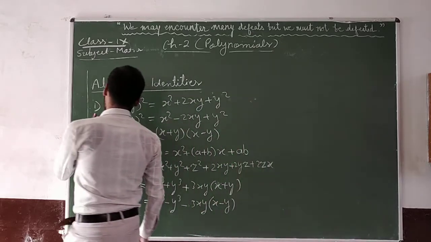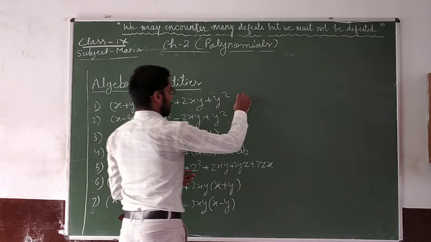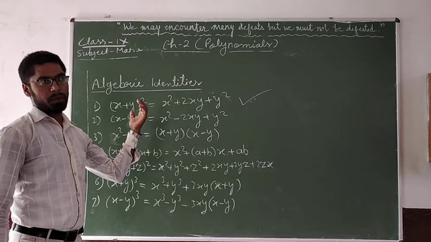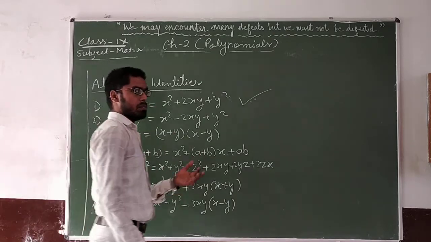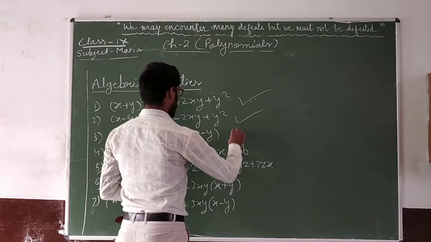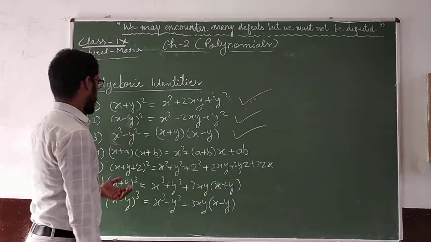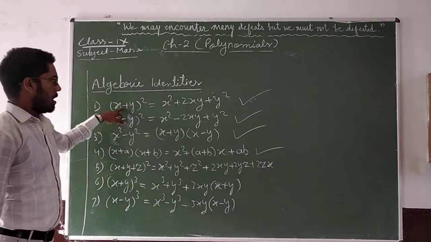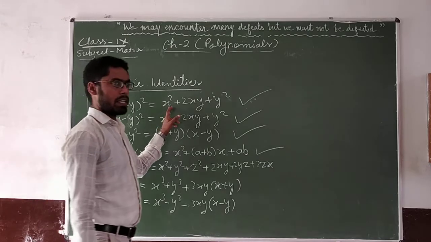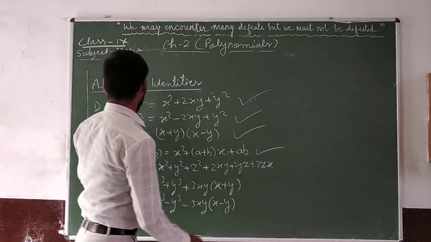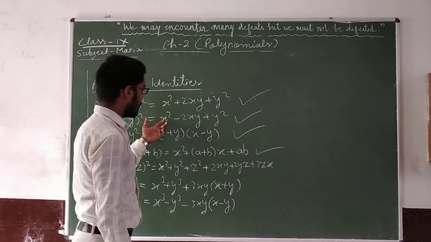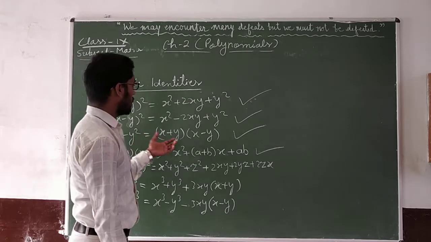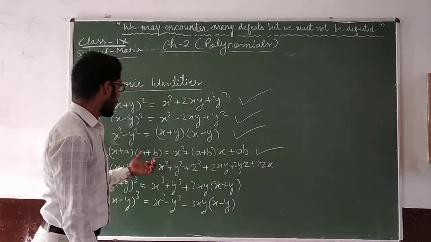Okay. First one is, you know, because you are studying it and solving questions with it since class 5th and onwards. Okay, 5th, 6th, 7th, 8th, and this is also being known. This one is also okay. These are very common identities. Whole square of x plus y is equal to x square plus 2xy plus y square, and whole square of x minus y is equal to x square minus 2xy plus y square, and x square minus y square is equal to x plus y in one bracket and x minus y in another bracket.